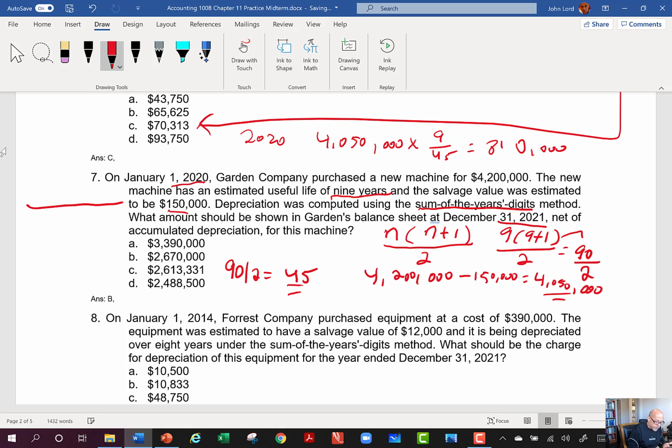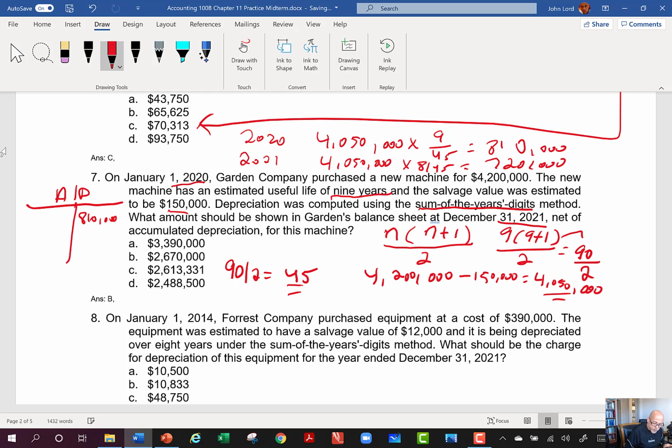Okay, so I go ahead and I have my accumulated depreciation T account over here. For the first year, it's 810,000. Then for 2021, because remember they want the accumulated depreciation after the end of the second year, now I multiply that by 8/45. Again, I'm going to verify my calculation: 4,050,000 times 8 divided by 45 equals